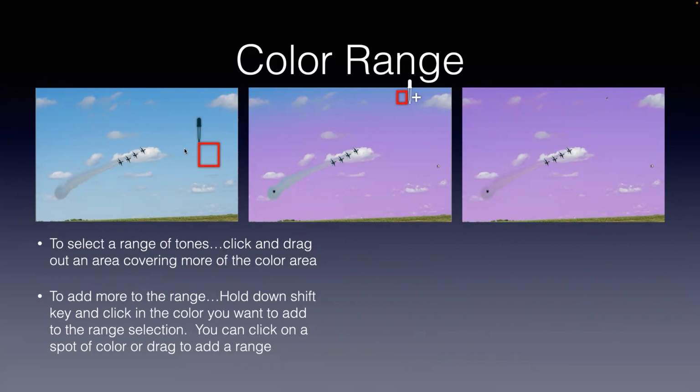And if it's not the same color number, or close to it, then it is not going to select it in its mask. So sometimes when we have this gradient happening, or we have very different shades of a color